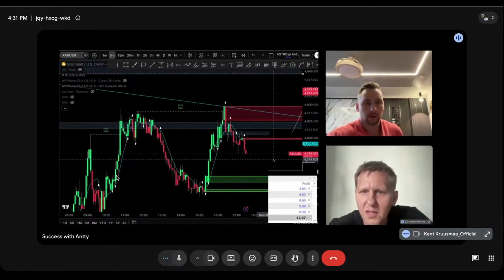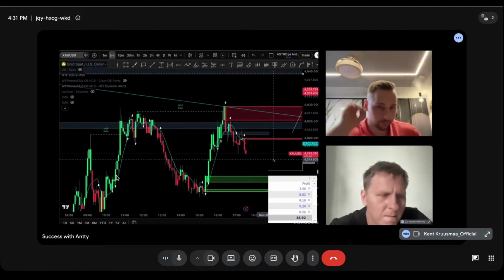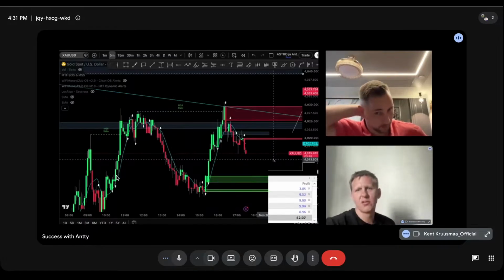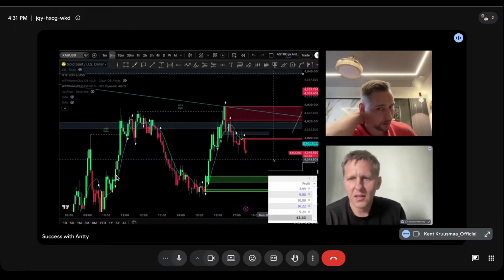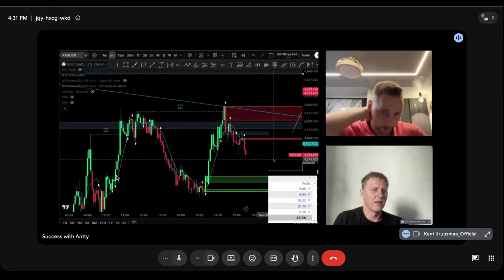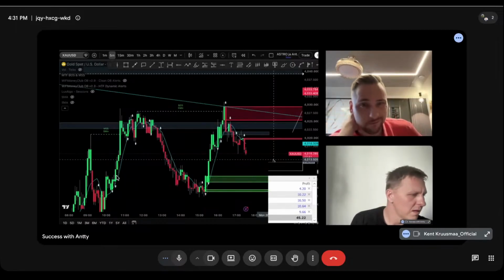Yeah. And we have two red candles already. We actually would have had a pretty solid sell zone, but